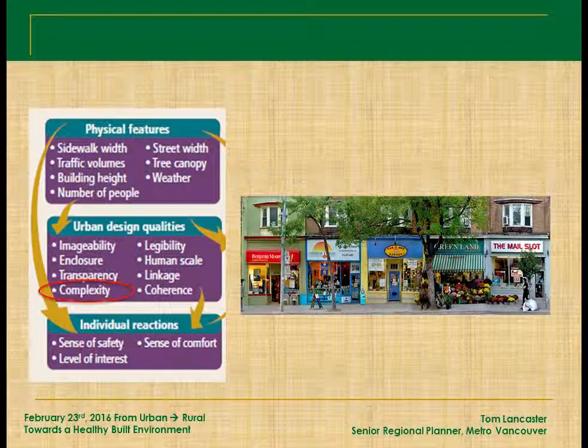So you're asking your councillors and your planners, when they're doing a planning process or looking at a development application, how wide is this thing going to be? Is it 100 feet wide? If it's 100 feet wide and it's going to be exactly the same store for 100 feet, which in small towns means semi-big box, it's going to be pretty boring. You're not going to want to walk past it. Break it up as much as you can. Have as many smaller shops, which actually has more people coming in and out of those doors than you would in a larger shop.